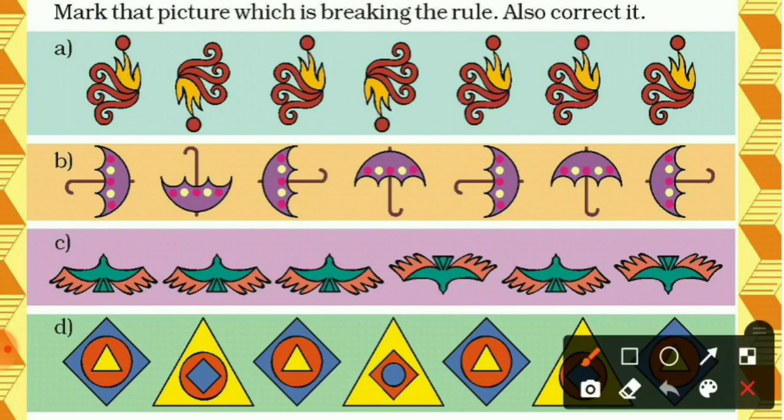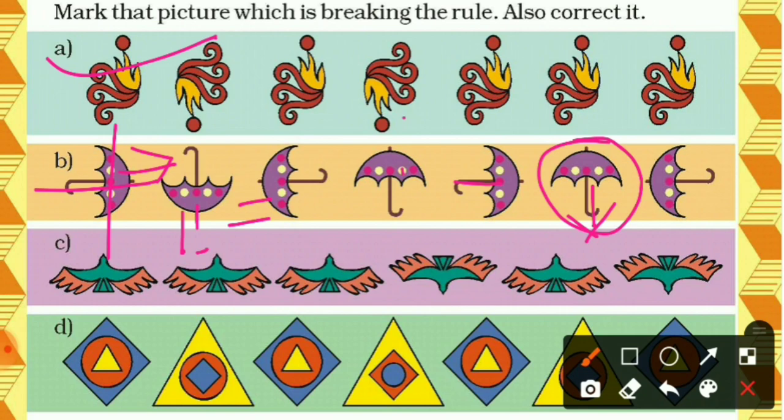Now come to B number. The umbrella is facing which turn? Let's see. First divide in 4 parts. So now it is facing, let's see, this is its face. Okay, it is facing to the right side, now downside. Okay, now left means 1/4 turn it is taking. Okay, the first one was taking half turn, now second one is taking 1/4 turn. So now it is facing downside, then left, then up, then right, then down. Oh, here this umbrella is not facing to the downside. Okay, according to the rule this umbrella should face to the downside, but it is not facing. So this is the wrong picture. And if you want to correct it, its face will be downside.